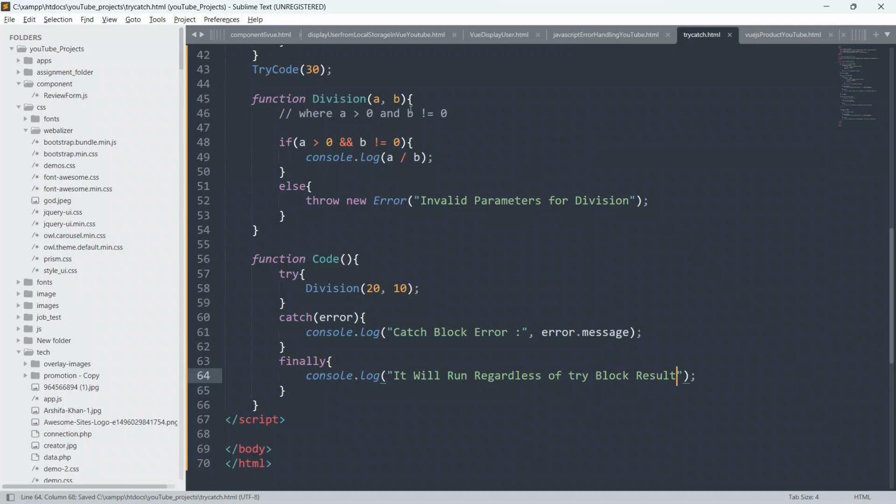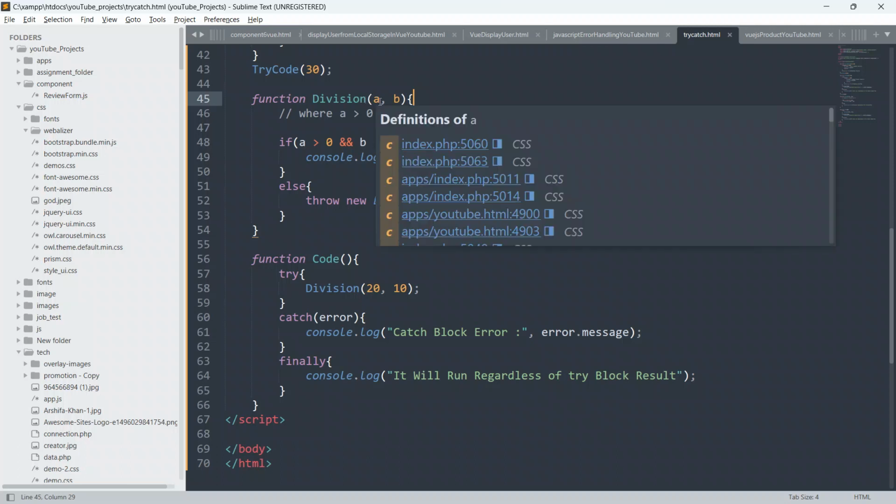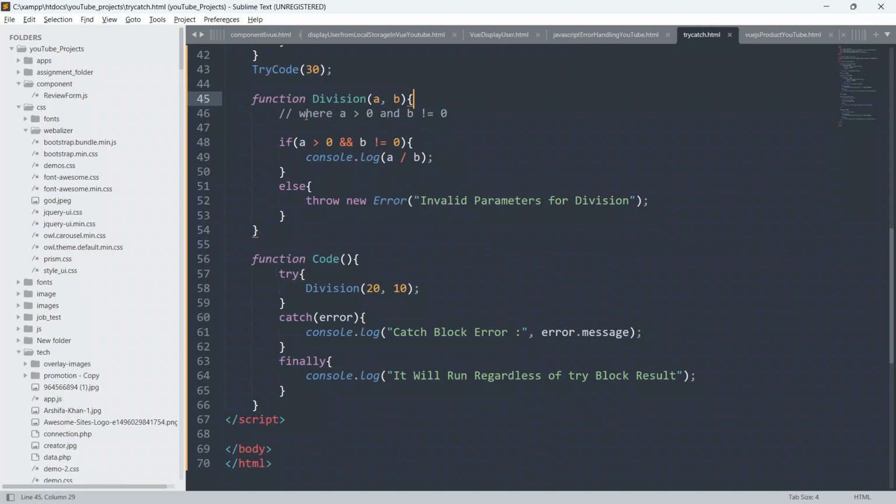Let me explain first. Here I have created a function called division, and I have given two parameters, a and b. I have written a comment where a will be greater than 0 and b does not equal 0.